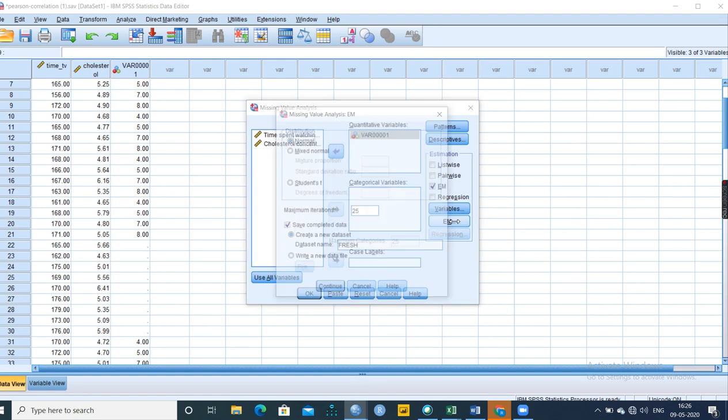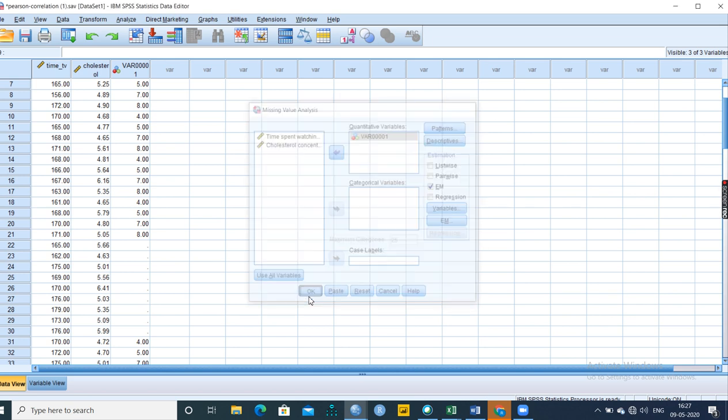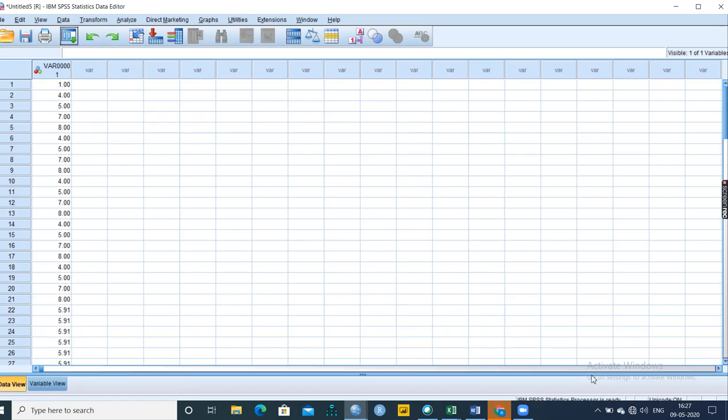So, we can click EM, then by default save completed data will not be ticked. We have to click this. Then we can find a new data set would be created. For this, you have to give a title, maybe any title. Say here I am giving R. So, I am giving continue. Click OK. So, now the system would generate a new data set called R,